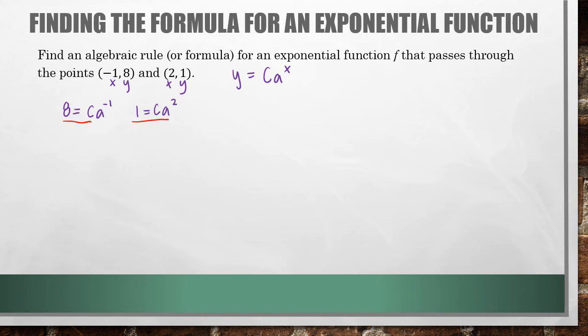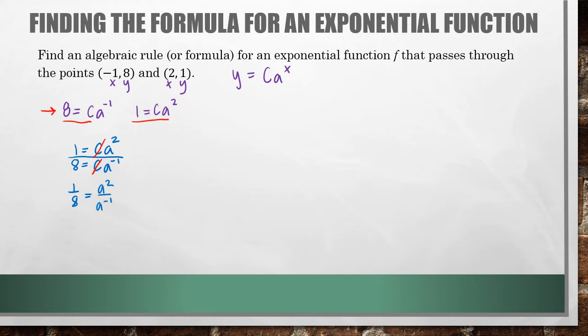And the best way to do this is to have whatever one has the lowest exponent, which in this case is this equation because -1 is smaller than 2, on the bottom. Okay, so we're going to set that up. So we'll put the higher degree exponent on top, divided by the smaller one on the bottom. Now by doing that, we're going to get 1/8 on the left-hand side, and you can see that these c's are going to cancel, and I'm going to be left with a squared over a